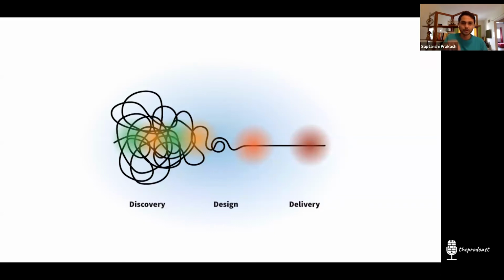Lots of back and forths, lots of going around here and there. And finally, you arrive where you build a prototype and you test it out with your people, and then you come back. Of course, the iterative process is not shown here. You come back and you make changes again, and then you keep doing the same thing again and again, right? So this is the reality.